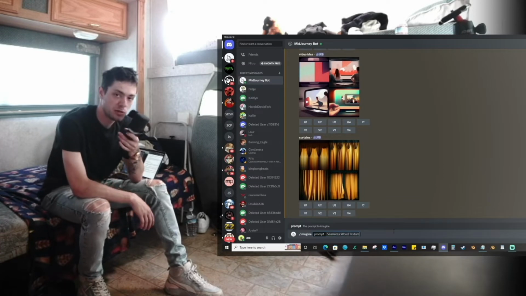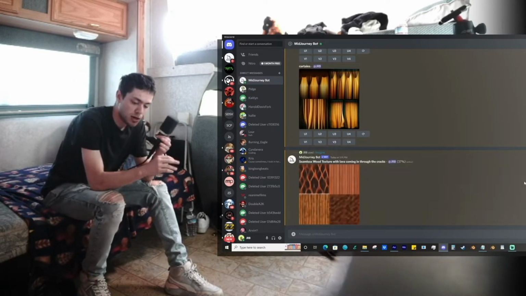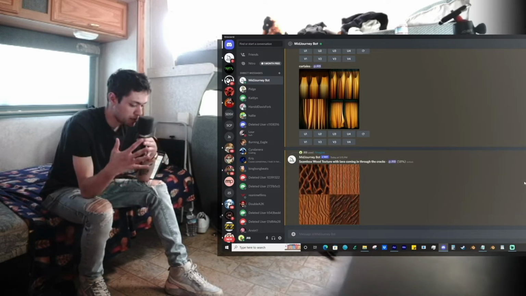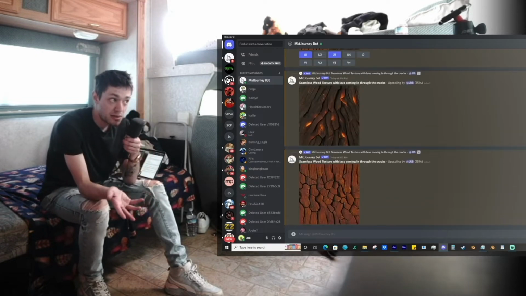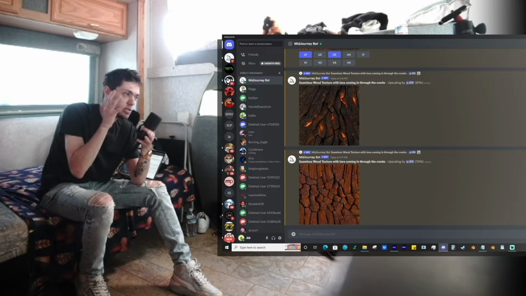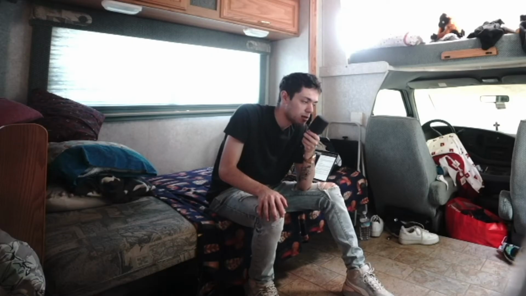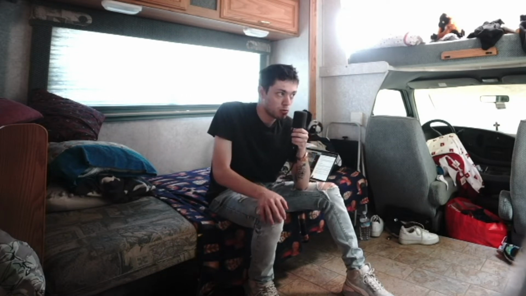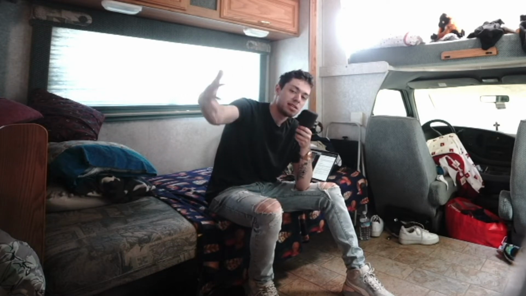Let's talk about Midjourney for a second. Midjourney allows you to type a specific prompt into Discord. It's a Discord bot, and when you type in this prompt, it gives you an image based on what it thinks you mean. So it is incredibly powerful, and it gives you crazy accurate images. How does it do this? I don't know anything about AI. I don't understand how it works or anything like that. I just understand the tool and the power that it gives you. That's about it.